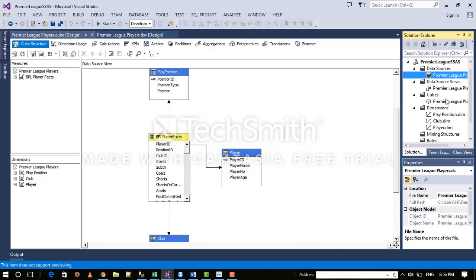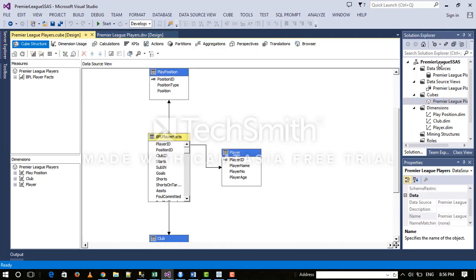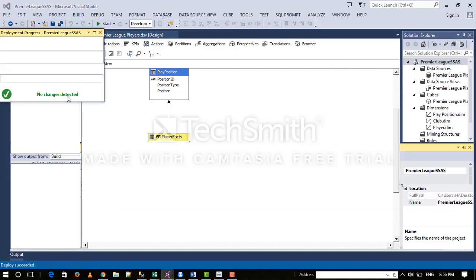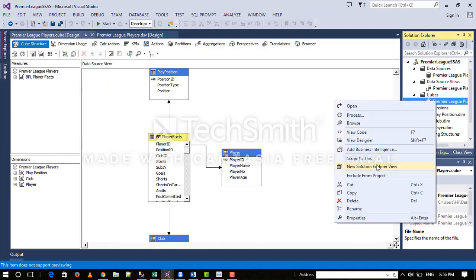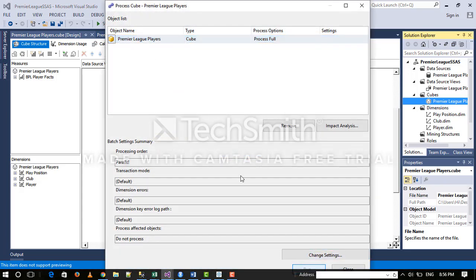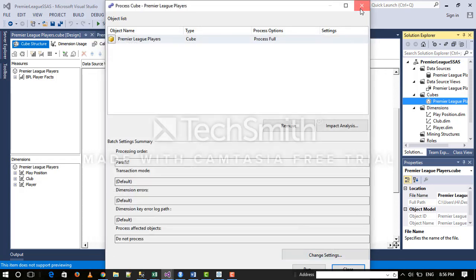Okay, I have loaded my data source and I've created the data source view, and my data source view takes the star schema where all the dimensions have been mapped to the fact table, and I have built the cube. Let's deploy this cube. My cube has been deployed successfully. I'm going to process this cube for future business analysis. I'm processing my cube. Cube build has been done. Process succeeded. Let's close this and go to